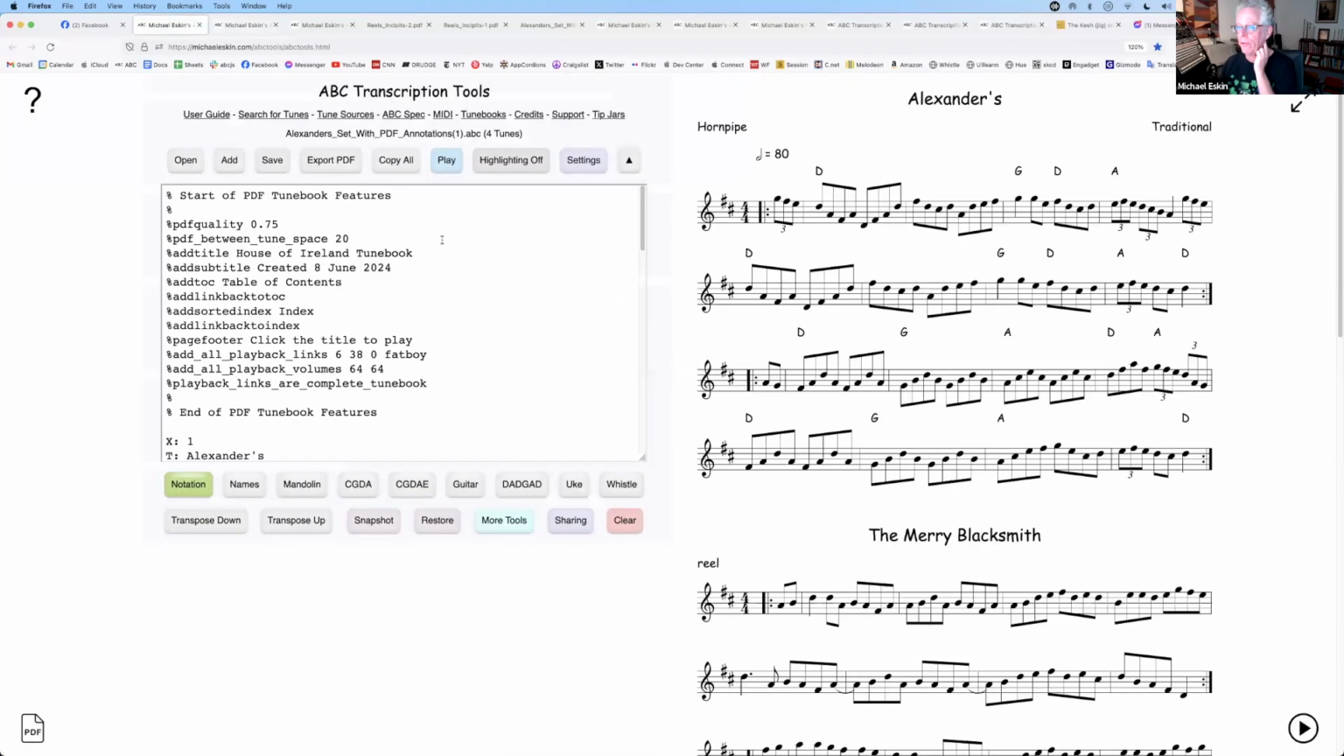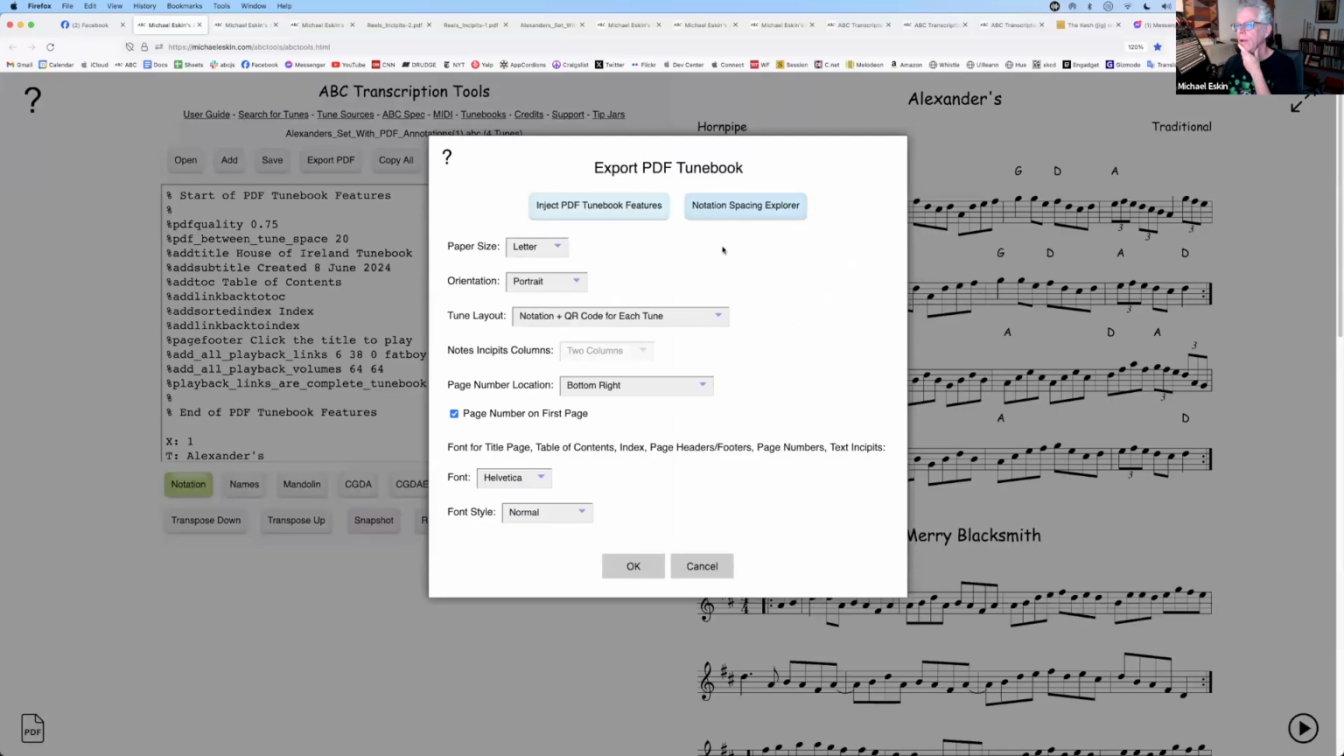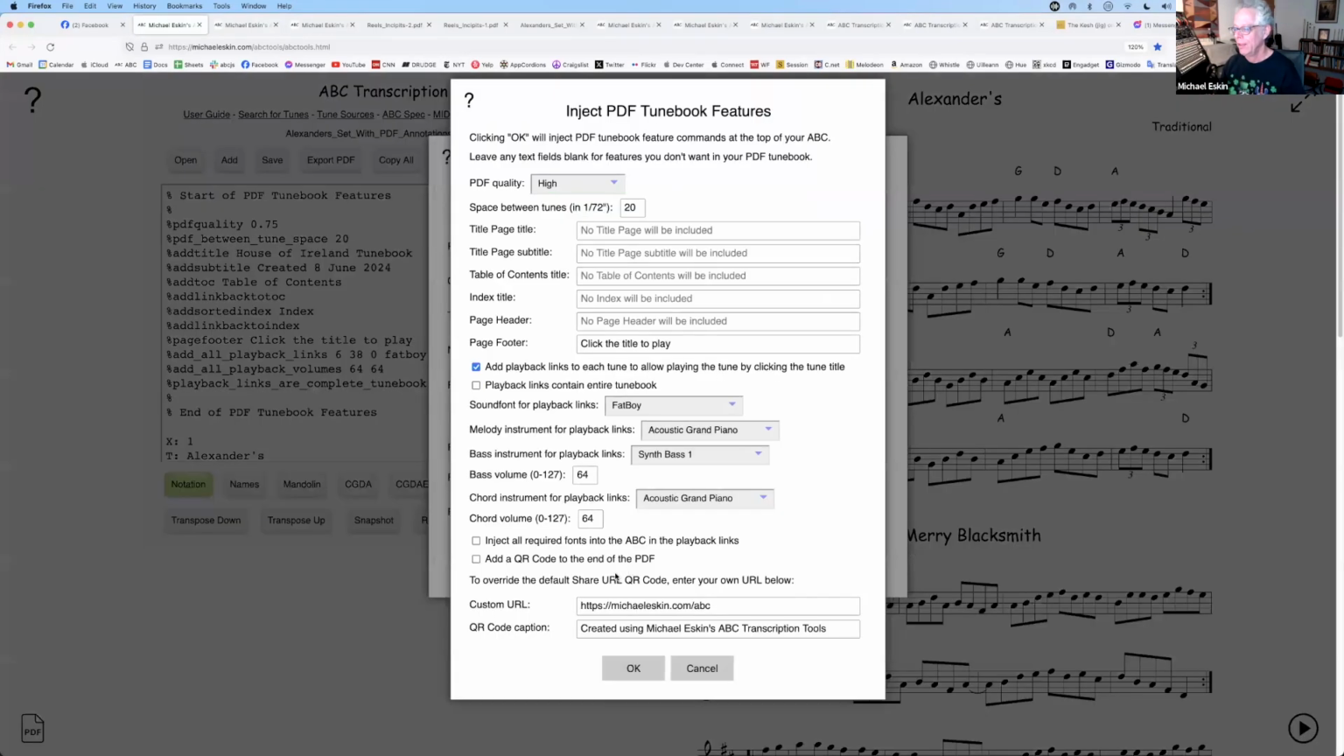And for smaller tune books, it's actually possible. So this is a fairly small tune book. When we do the export PDF, we're kind of getting into the fringes of the more common stuff here, but when you're doing the inject PDF tune book features, you probably saw this option that said add a QR code to the end of the PDF. If you check that, and you,